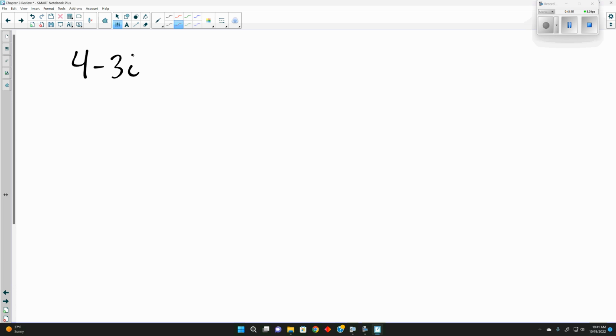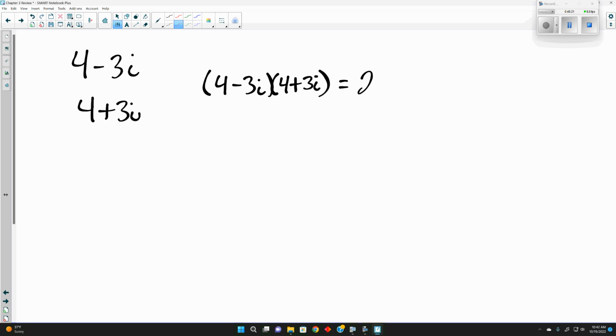Now it asks to find the complex conjugate of 4 minus 3i. Well, what is its complex conjugate? We're just changing the sign in front of the term with I. And to find its product, we multiply the two together. And again, with multiplication, division, subtraction, all that can be done straight in the calculator, yes? So you could type it in as 4 plus 3i times 4 minus 3i, and you'll get 25. The product of two conjugates is always going to be a number. We will not have I, with complex conjugates being multiplied together. But that is it. Hopefully there's no other questions on any of the